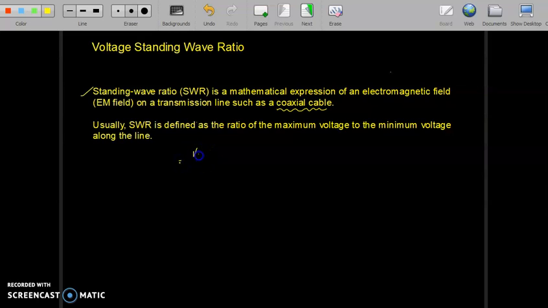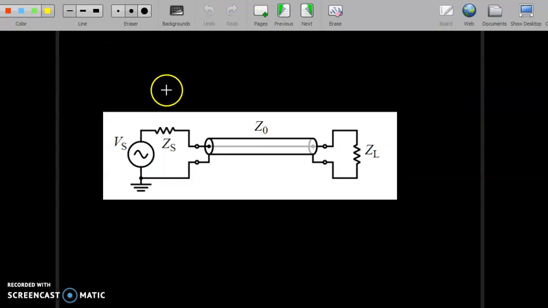So we can write down V max by V minimum. So maximum voltage upon the minimum voltage is the standing wave ratio. Since it is a voltage, it is VSWR. So in this figure we can see that there is a voltage source and a source impedance,